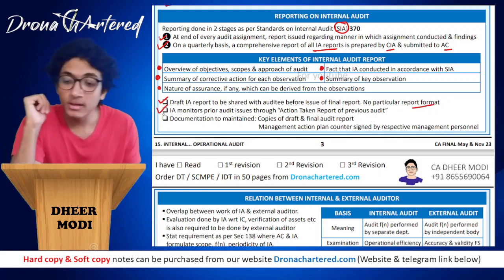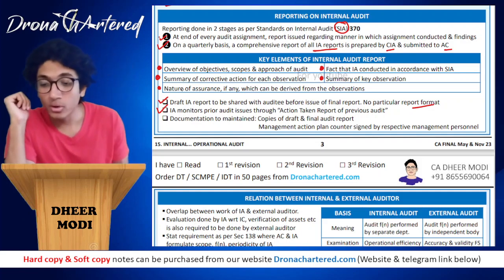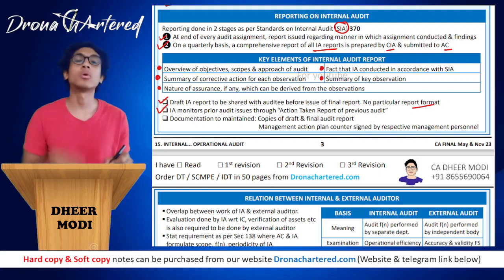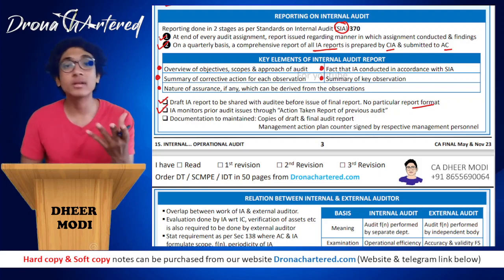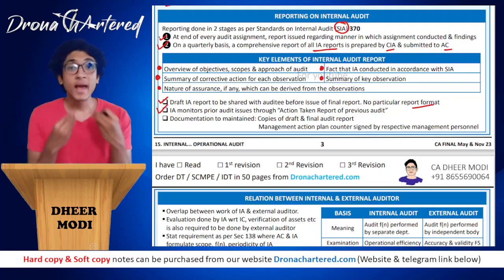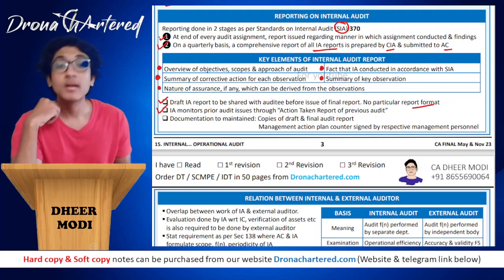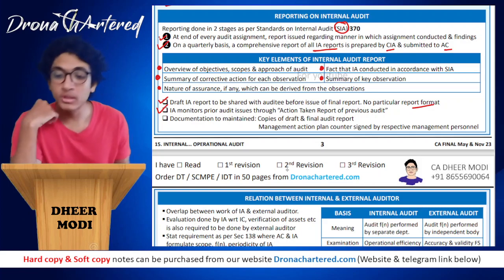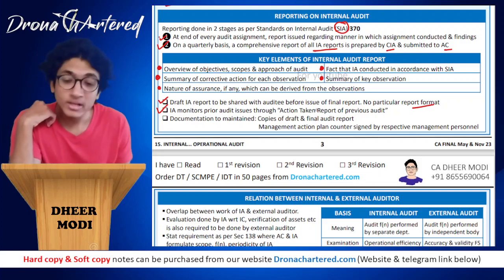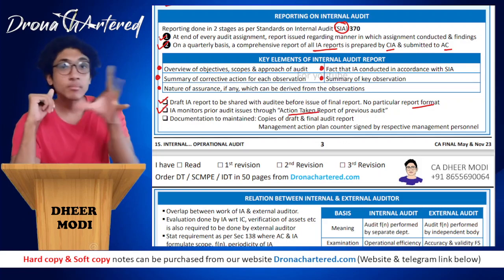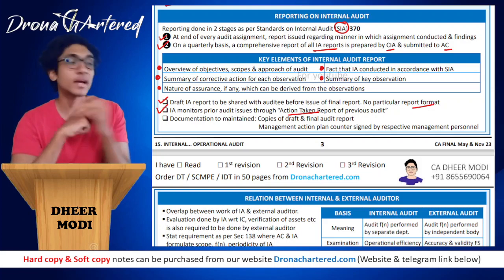Next is internal auditor monitor. The internal auditor monitors prior audit issues through the action taken report of the previous audit. That means if the internal auditor has done previous reports and he has suggested some corrective actions, he will check whether those corrective actions have actually been implemented or not. How will he check those? He will check those through the action taken report on the previous audit. So there is a separate report which states that, boss, this is the action you had suggested and this is how